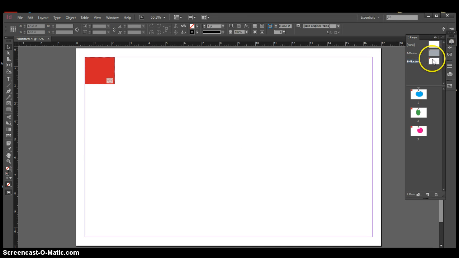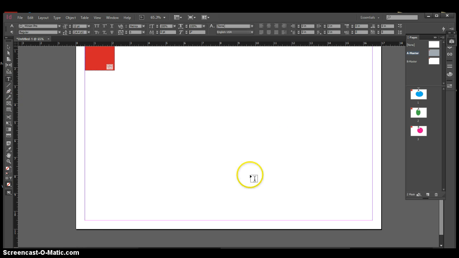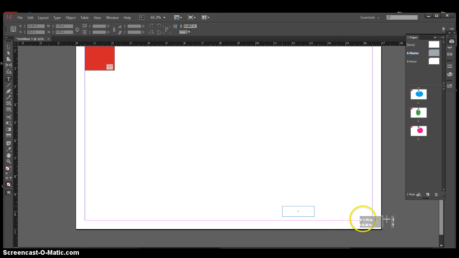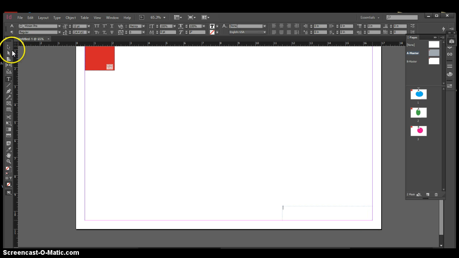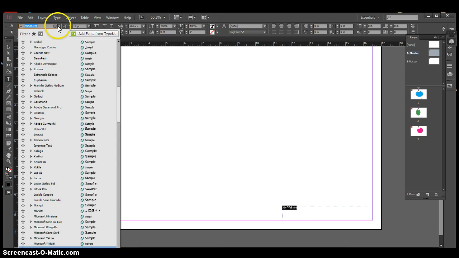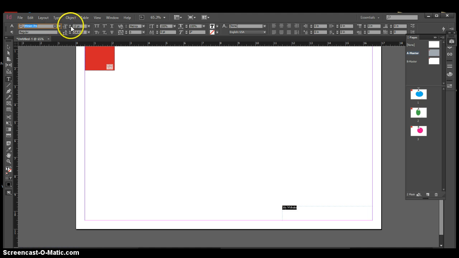And if I go to master page A again, I'm also going to set up a hyperlink that's going to send me to my Behance. So I'm going to go to my website, and at this point you can really edit it to whatever you want. I'm just going to leave it as Minion, but I'm going to blow it up to 60 so you can